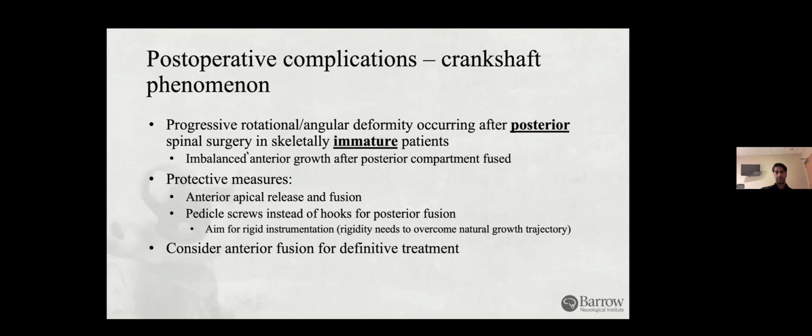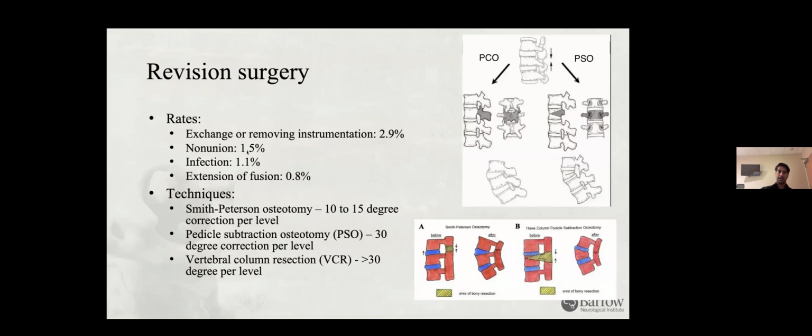Crankshaft phenomenon, I kind of talked about it earlier. It's when there's imbalanced anterior growth of the end plate. And the way you can treat this is an anterior approach or an anterior fusion for definitive treatment. And of course, revision surgery is going to be the most common complication of scoliotic correction. Often, you try to go for the smaller correction, and sometimes the deformity still progresses, or they develop what, like I mentioned, proximal junctional kyphosis, and you'll have to have a more invasive or maximally invasive